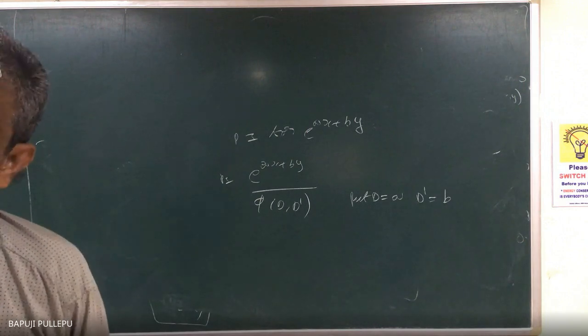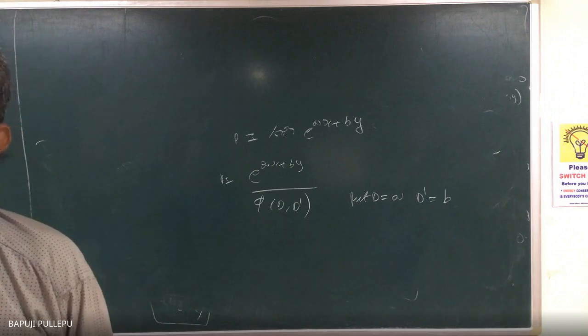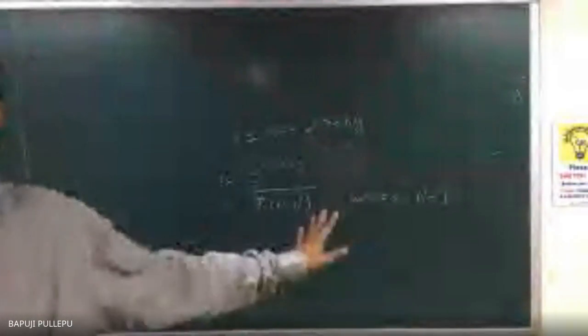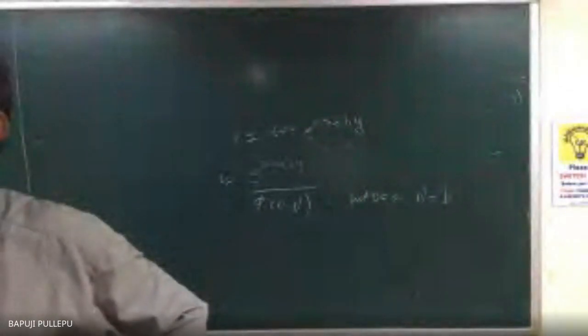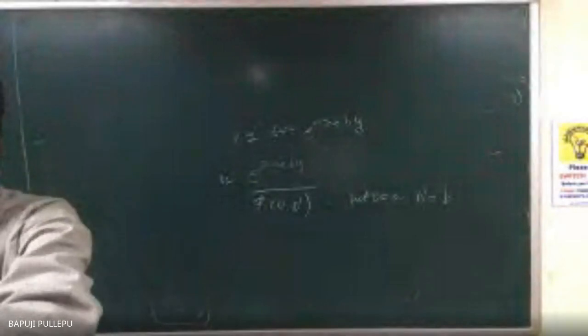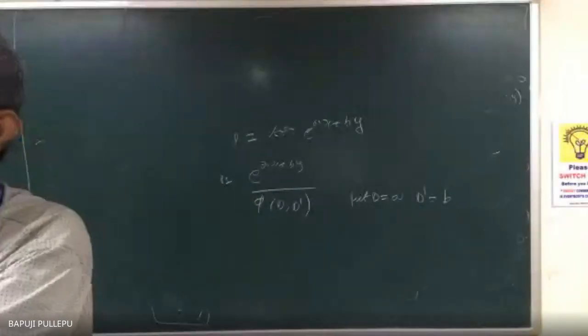That is how to find CF: the auxiliary equation. Once you get the auxiliary equation, for a right-hand side of any function, I am talking about PI. For every problem you have to find the auxiliary equation, and you will get CF. Once you get CF, for the right-hand side function you have to get PI. This is one model: PI for e^(ax+by). So PI is put D = a, D′ = b, giving 1/φ(a, b), provided the denominator cannot be 0.